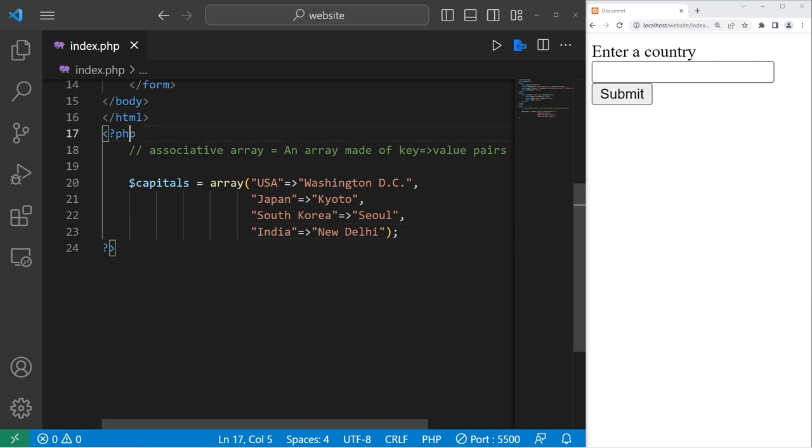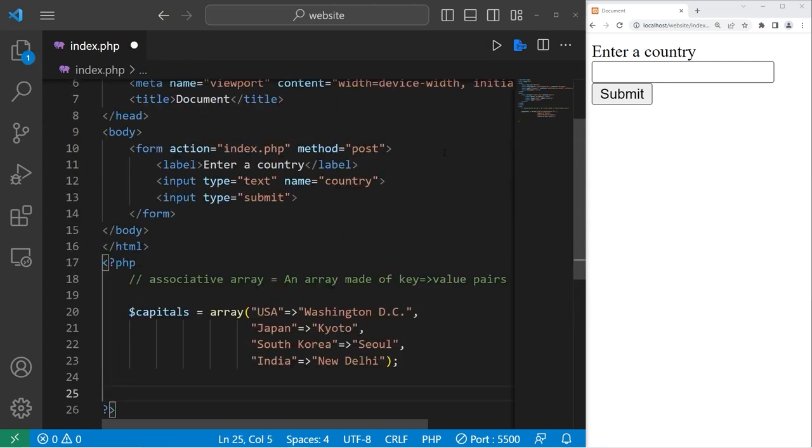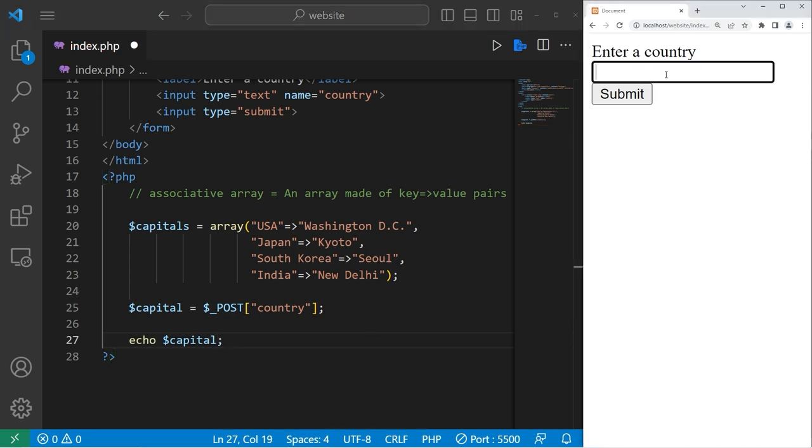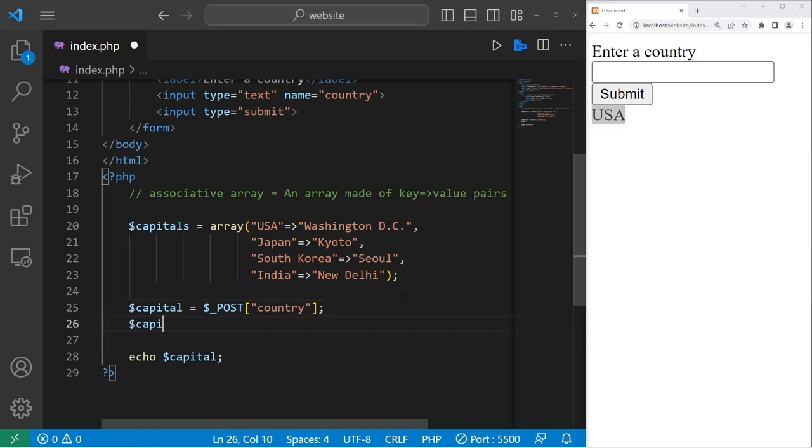Within our PHP script, we have our associative array. We'll need to access whatever's within this text box. I'll store that within a new variable named capital, singular. Capital equals $_POST. The value we are trying to access is the name country. Let's see what we have so far. Just for testing, I'm going to echo our capital. If I type in USA, then click Submit, this should return USA. To get the value associated with this key, USA, I will take our associative array, capitals,